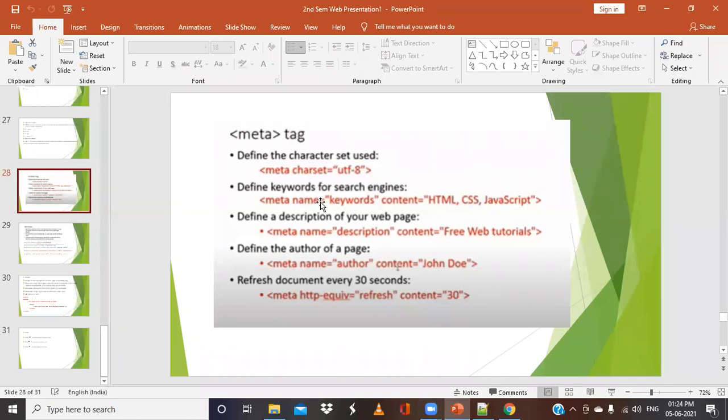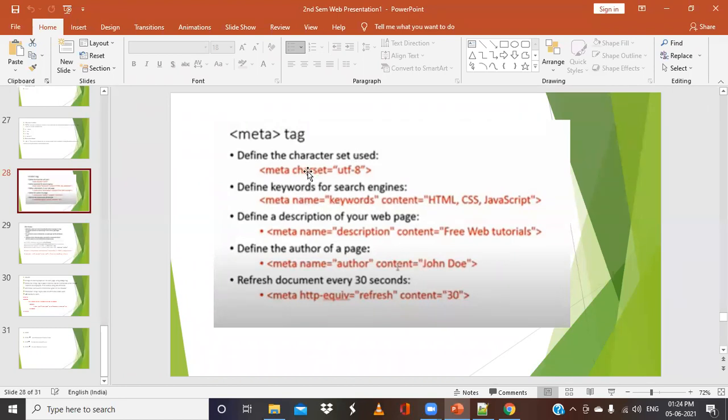For these meta tags we can have different attributes. Here, charset is an attribute, and UTF-8 is the value for this particular attribute. So meta is the tag name, charset is an attribute, and the value is UTF-8. Similarly, here we have the meta tag where the attribute can be name, and the value for that is keywords. Here you can see that we have multiple attributes, so we will look into these different attributes one by one.